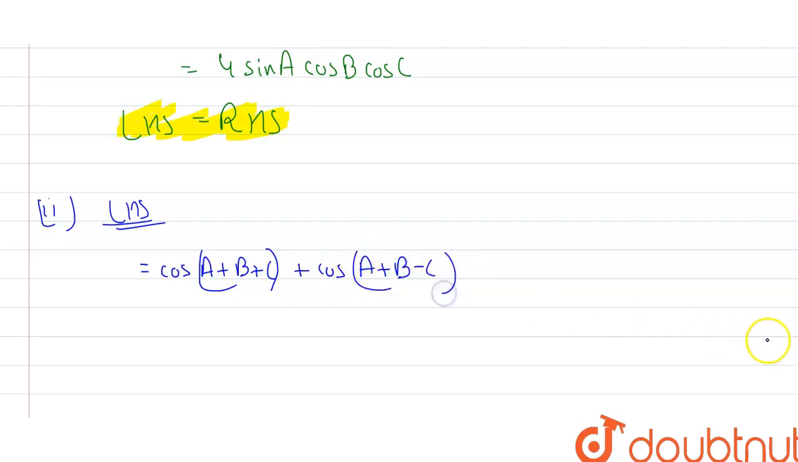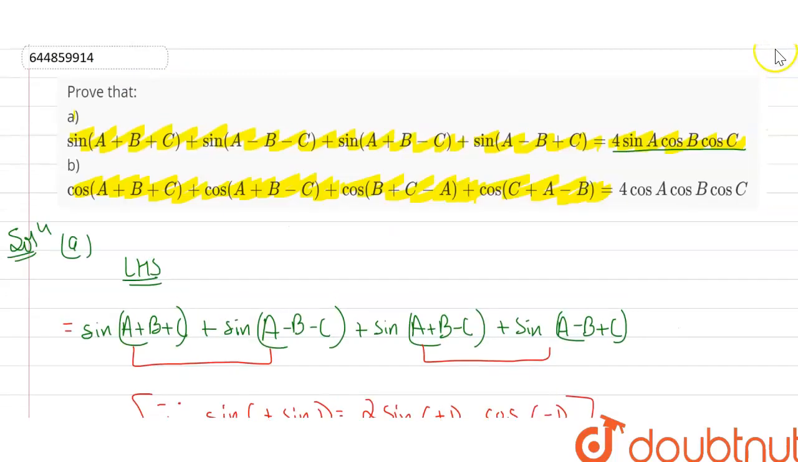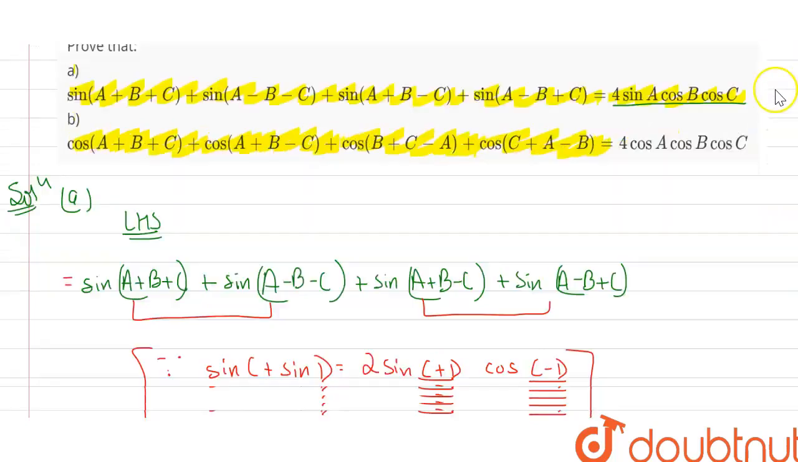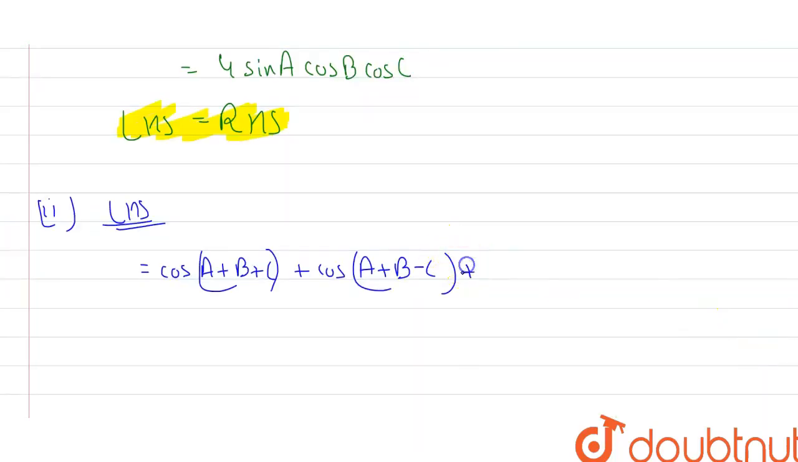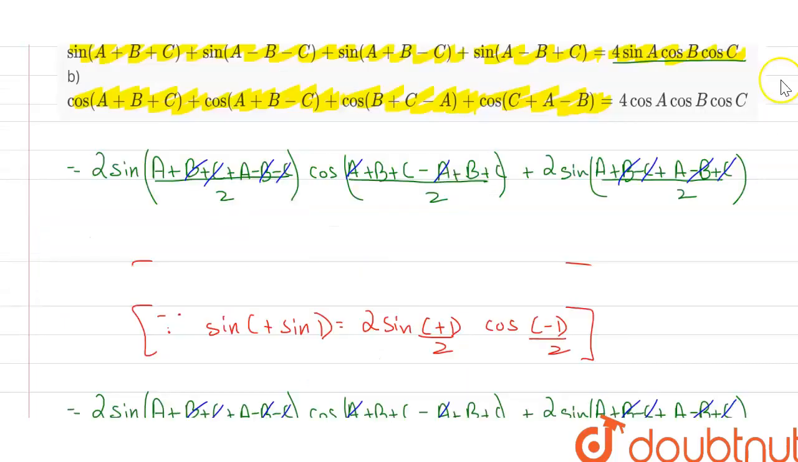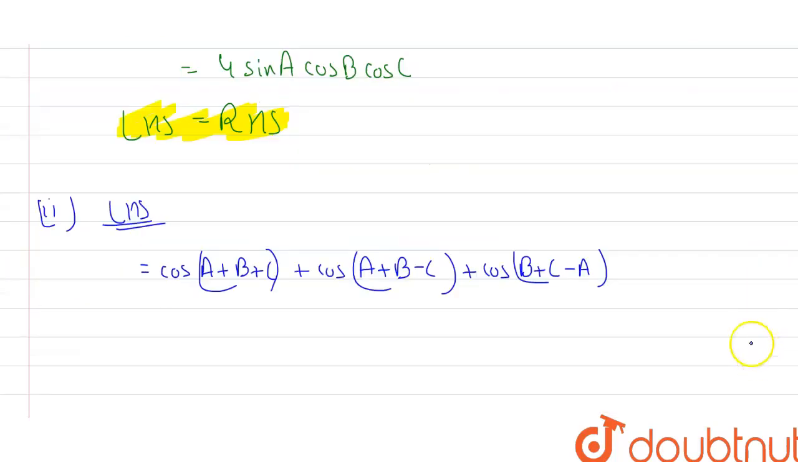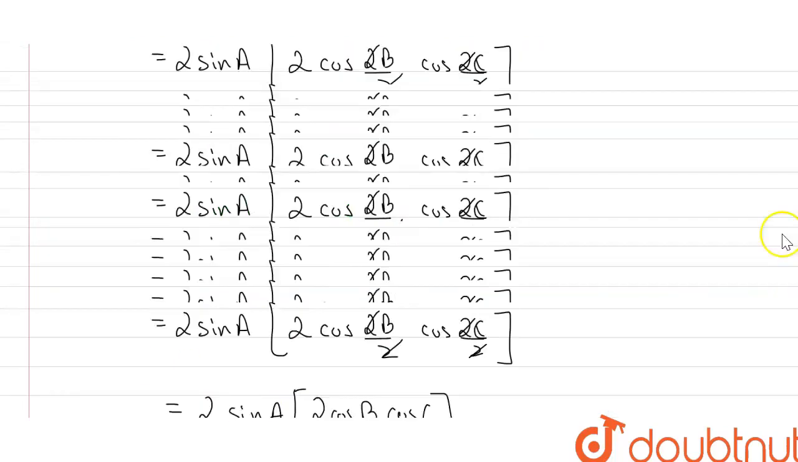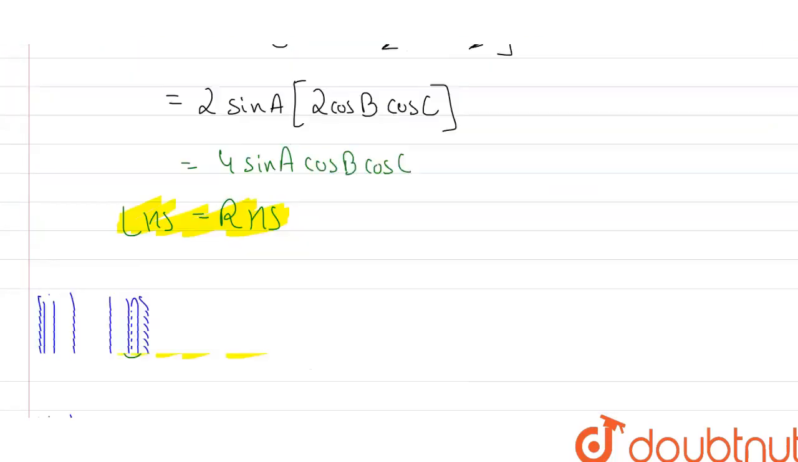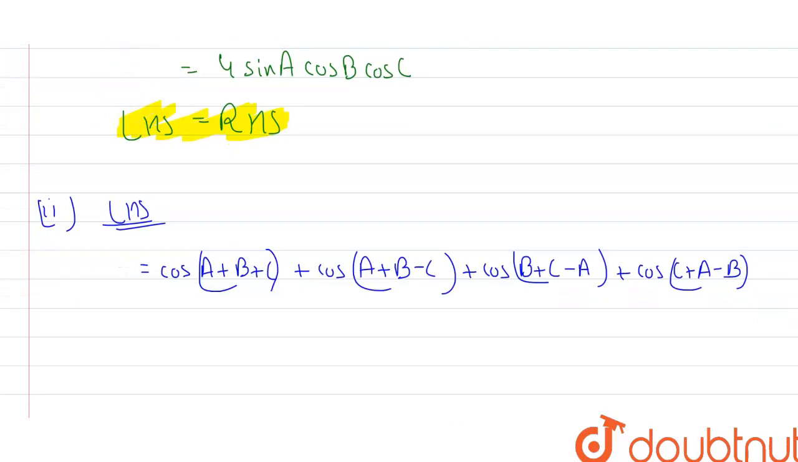Okay. If I go to the top, again I can check it: A plus B minus C. And the third one is B plus C minus A. So cos of B plus C minus of A here, and the last term is basically cos of C plus A minus B. Just let me correct that again: cos of C plus A minus of B. Okay. So now again I'm going to use the CD formula here